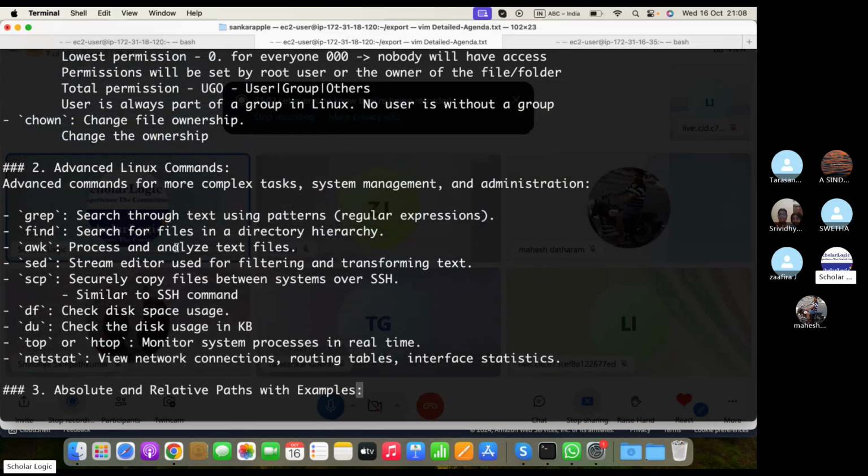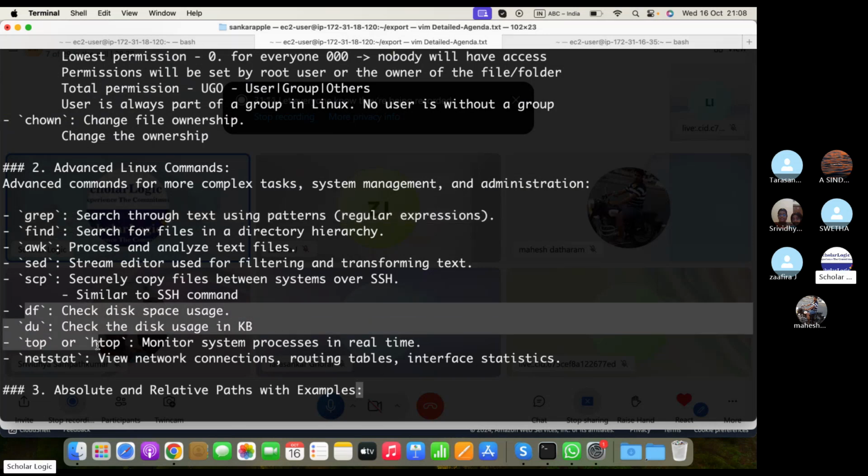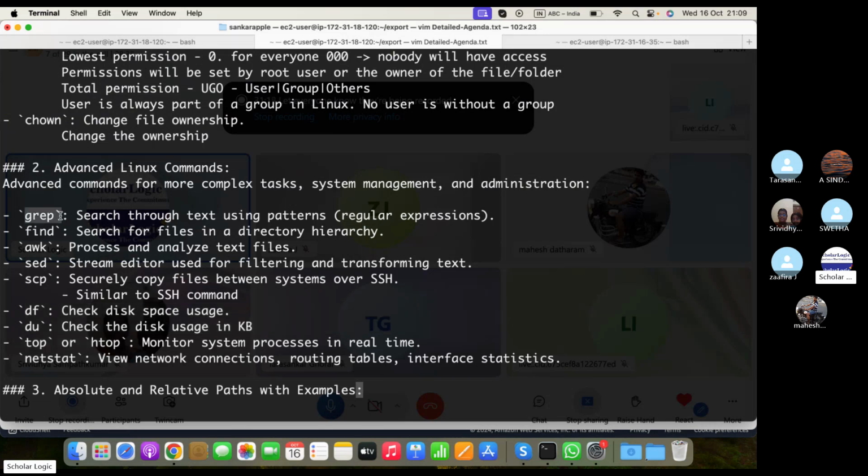Apart from that, you also need to learn grep command, find command, some of the commands like df, du, top, netstat. So I'll give a quick overview of what is grep command. Grep is to search for a pattern inside a file system. For example,